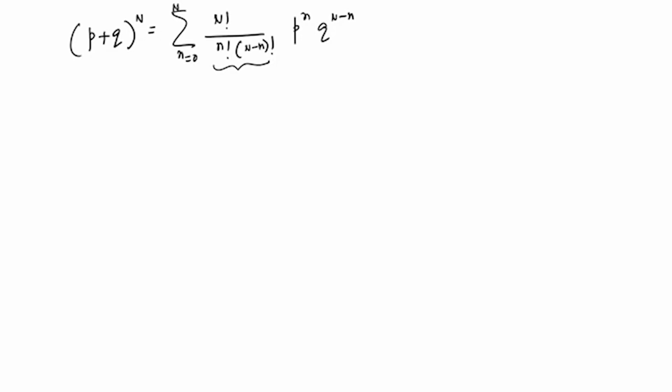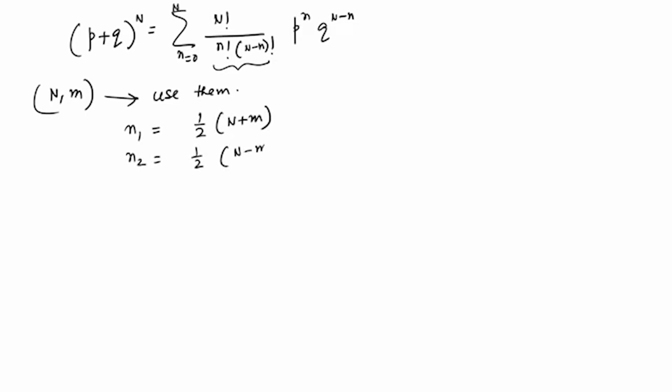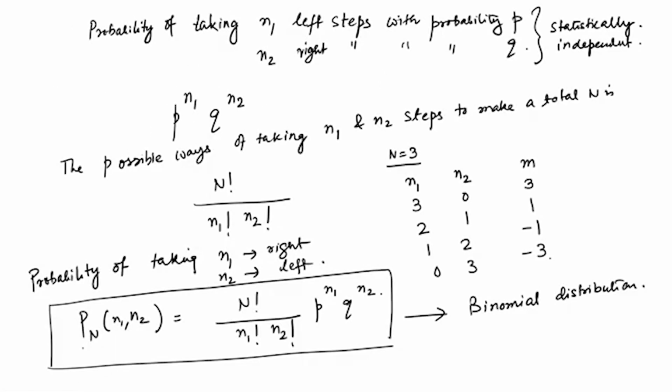Okay. So, instead of carrying on with n1 and n2 for these steps to the right and to the left, we can alternatively carry on with capital N and m. So, use them instead, and that can be easily done because n1 is equal to half of capital N plus small m, and n2 is equal to half of capital N minus small m. So, we have replaced this quantity, P n n1 n2,